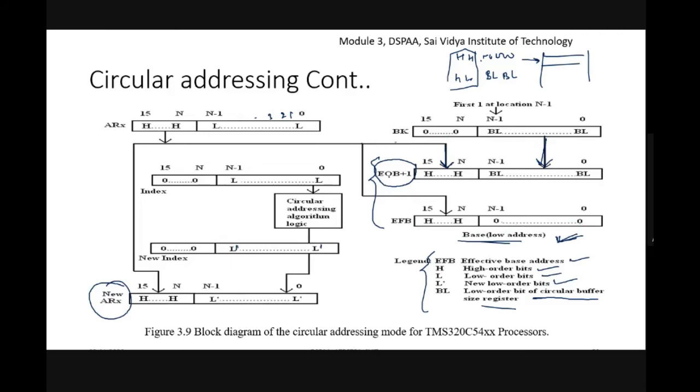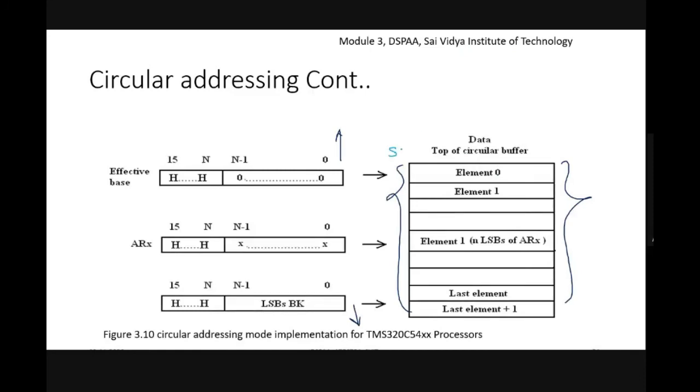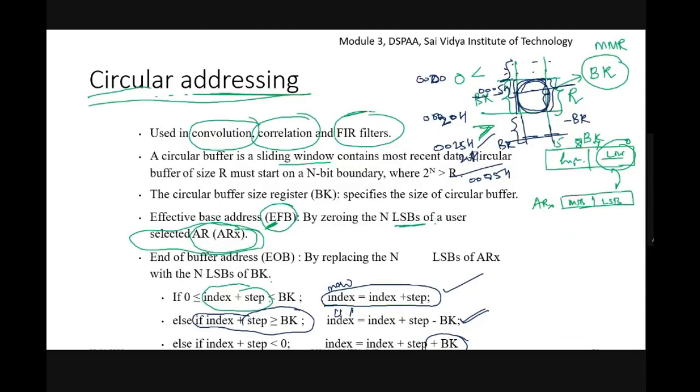The effective end of the base address will be calculated based upon the lower significant bits of the BL register. And this is the starting address, this is the ending address. That is explained here. So the starting address starts with HHHH and the least significant bits are all zeros. When it comes to the end, we'll be having H and the least significant bits will be the circular buffer size, the lower order bits. So after calculation of this, based upon the algorithm, if index plus step is greater than or equal